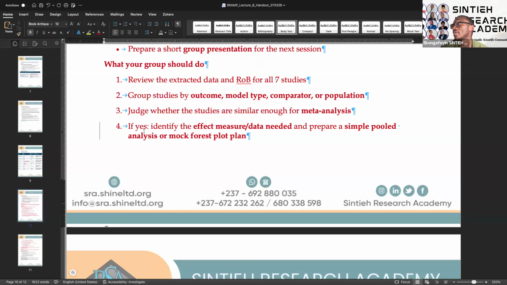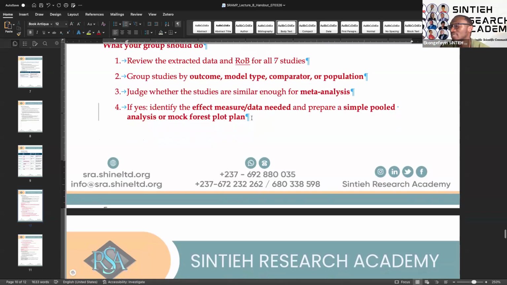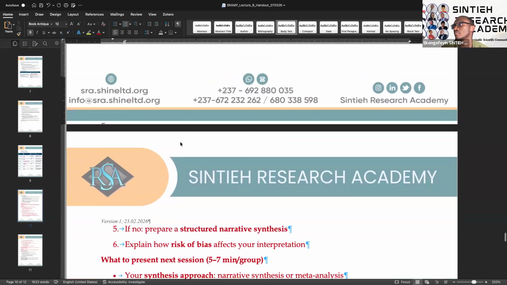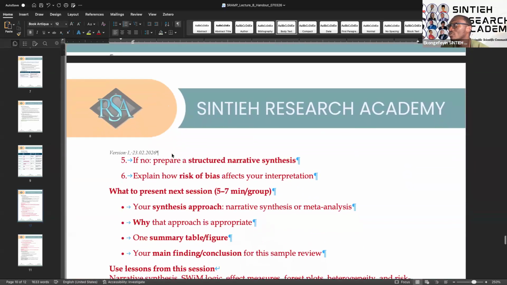So that's it, and this is nice to have. If yes, just discuss how you would go about it if you were to do a meta-analysis. I don't need you to do a meta-analysis, just talk about your goal. If you think the studies were similar enough, tell us what effect size you're going to use and what data you're going to present for each study. You're not doing the meta-analysis, it's really a plan. If no, then